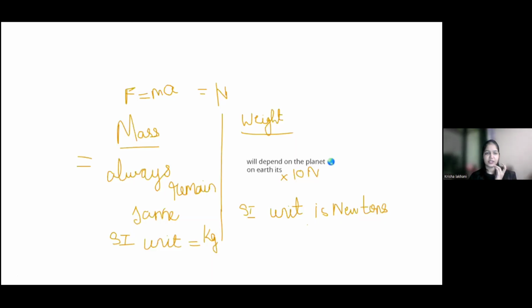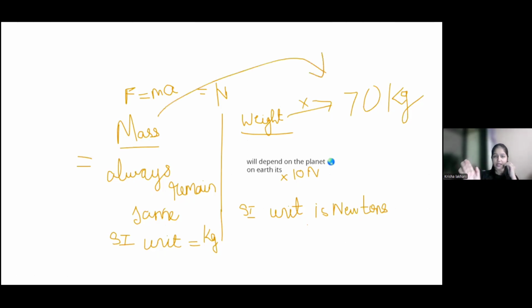Okay, if you can see it on the screen here, I have described force is equals to mass into acceleration. Unit will be N, that is Newton. Now here, this is a completely new topic for you, mass and weight. We say the weight of the person is 70 kg. If we look at someone, we say it is 70 kg. But that 70 kg is absolutely wrong if we say it is the weight of the object. अगर ये वेट है ऐसा बोल रहे हैं तो वो कंप्लीटली रॉन्ग है, because it is the mass of the object. You will learn this why it is weight and mass in the 10th standard.